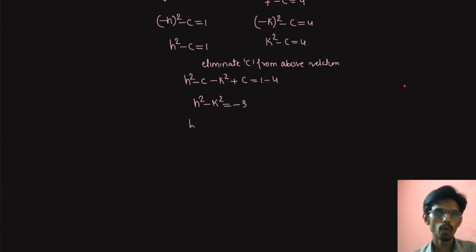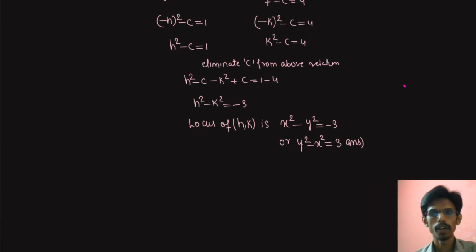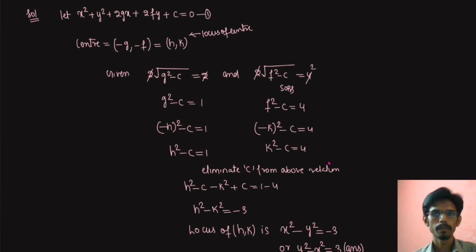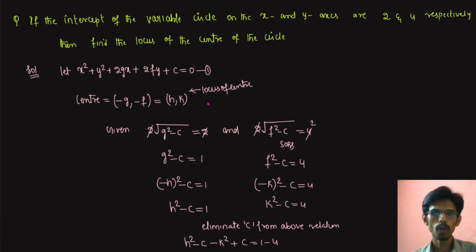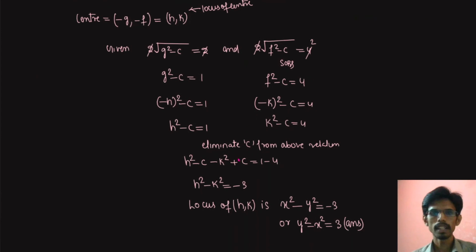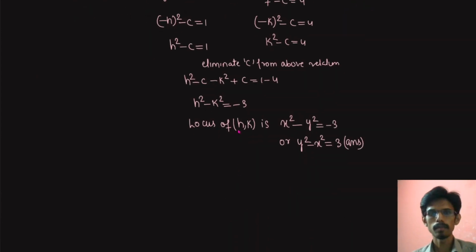Now the locus of (h, k): replace h with x, so this will become x square. Replace k with y, it will become y square, equal to minus 3. Or else we can take y square minus x square equal to 3 as the required locus of the center. Whenever he asks for a locus, take those points as (h, k), then get the relation of h and k, then replace h and k with x